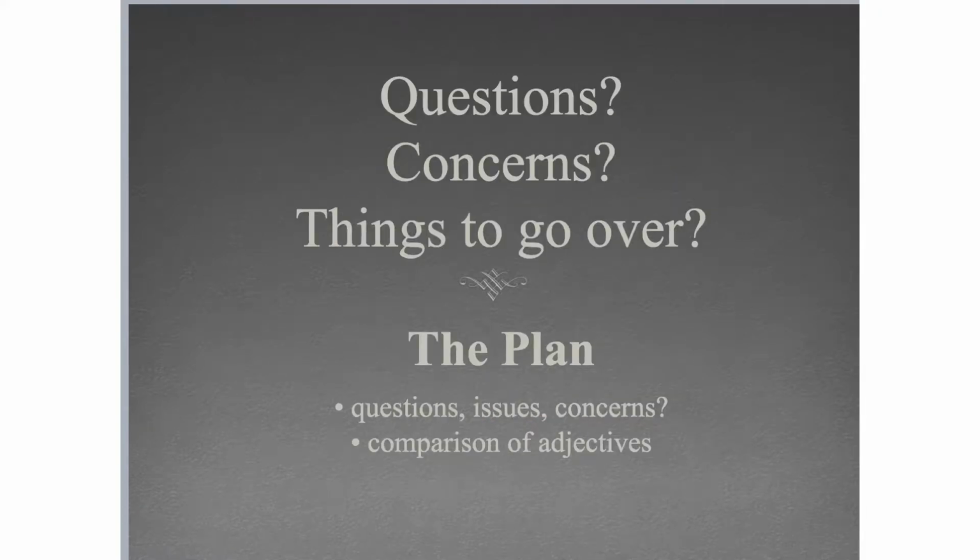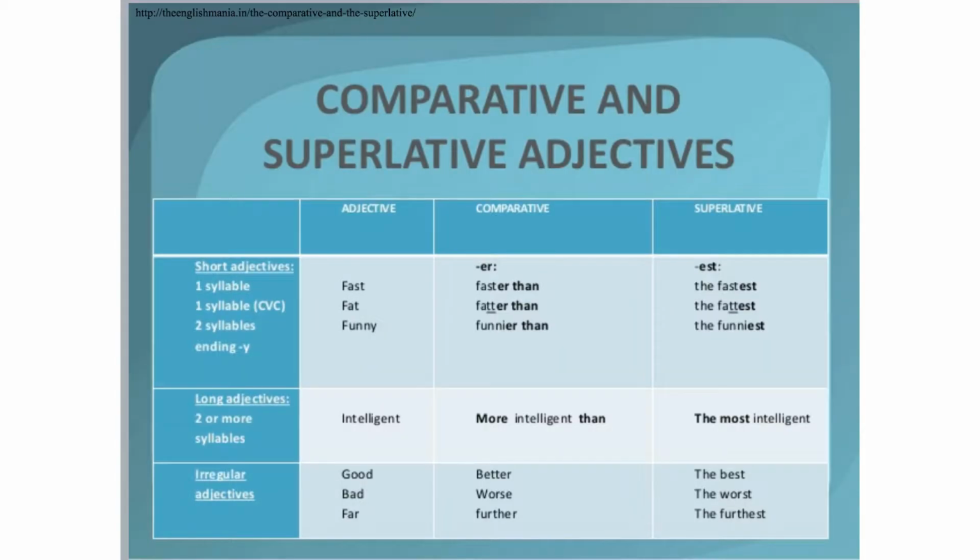We're going to learn the comparison of adjectives, and we'll talk about what that means as we go through. So what comparison means is that you've got your regular, quote-unquote, adjectives. Those are here, and that's what's called the positive, though we don't use that term too often. Then you've got your comparative forms, which is the ER form. So fast, faster. All right, and then of course you've got your superlative forms, which is the EST form, fast,